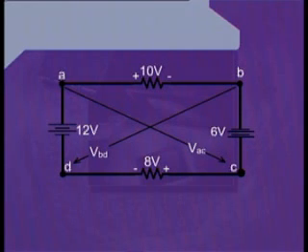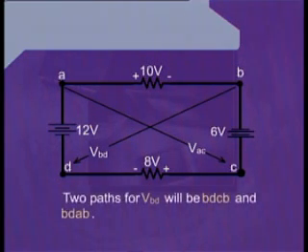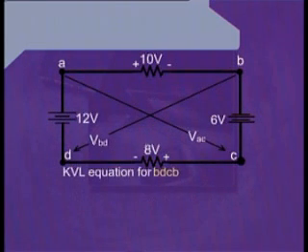To find out the voltage VBD, we also can see that there are 2 paths, and these paths are BDCB and BDAB. If we consider the path BDCB first, and we start writing the KVL equation from the point B for this mesh,